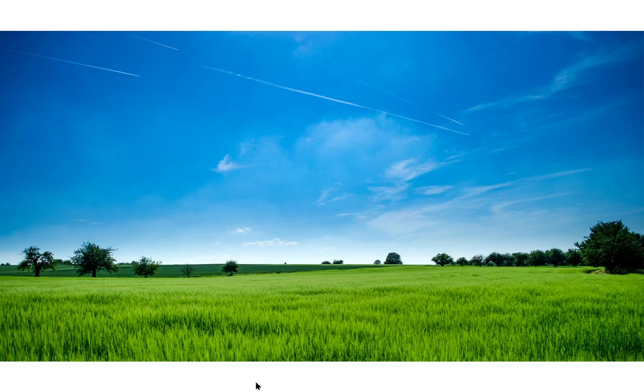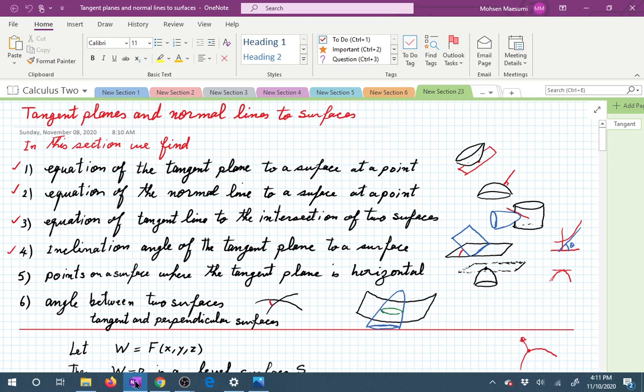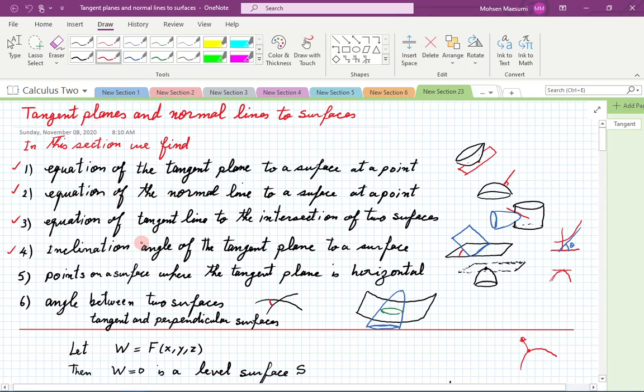Today we are going to continue our conversation about gradient and its applications. We were talking about tangent planes and normal lines, and today we are going to look at the last two on our list of applications. So you remember we had 6 problems slated for ourselves as applications of gradient. We went through item number 1, which was finding equation of tangent plane, finding equation of normal line, finding